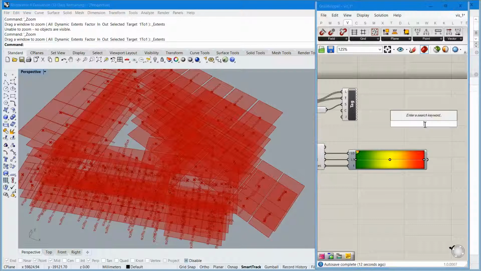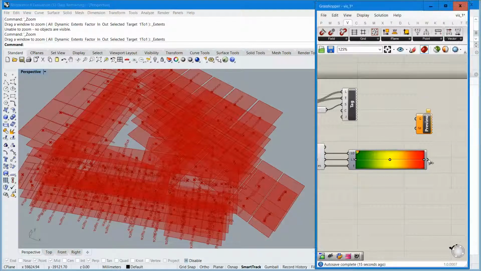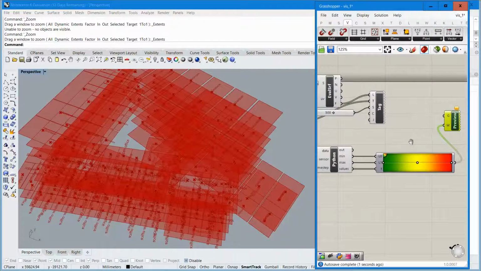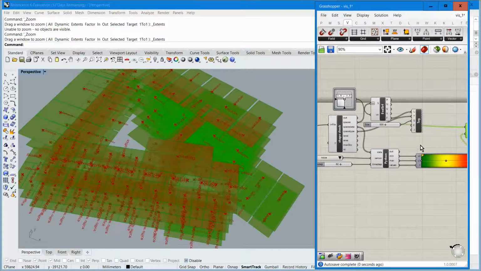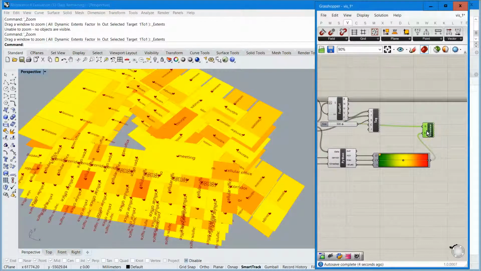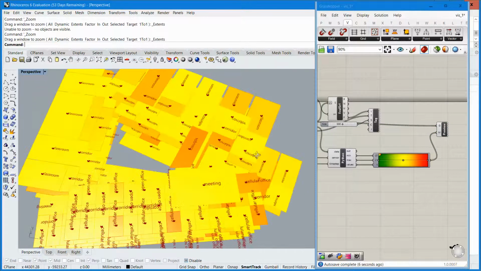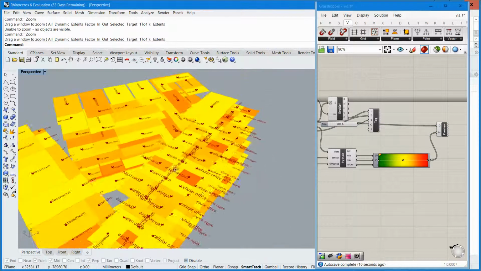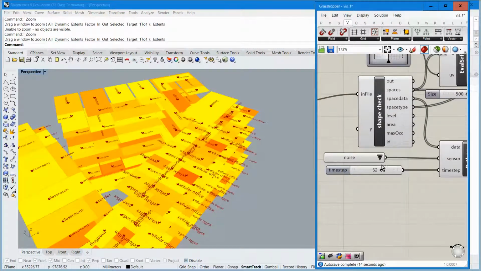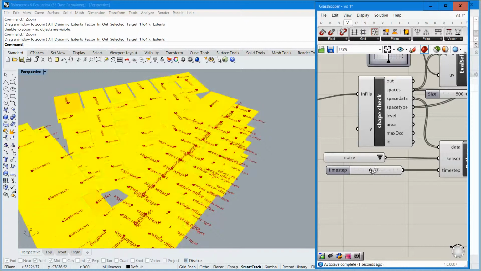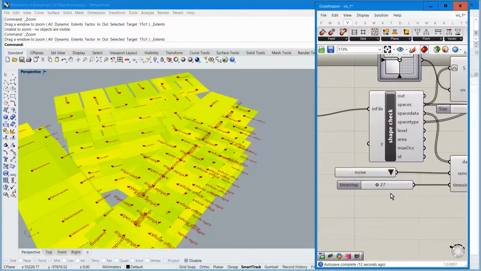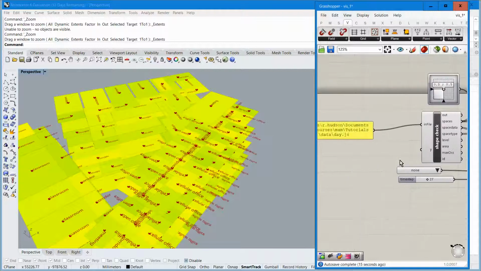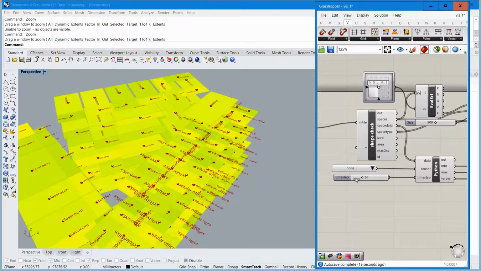And then we can apply those colors using a custom preview where we assign the colors to the material and then the spaces, our surfaces, to each of the color for each of them. And we can now see this has been colored according to the sensor data we're picking out, and we can quickly change the time step. I've also switched my input file to day, so I've got slightly more time steps to look at. It takes a little bit longer to load initially, but once it's loaded, it's very quick to access different parts of the